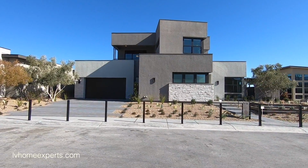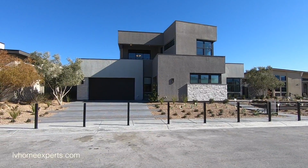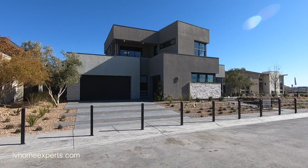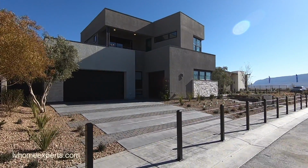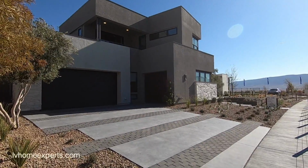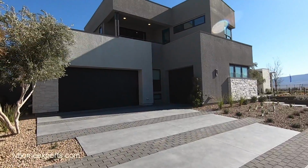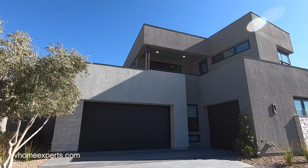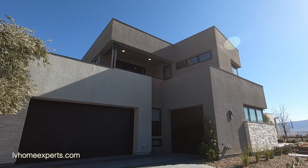So today we are here on the west side of the Las Vegas Valley in the master plan community called Summerlin. We are going to be touring a property by Pardee Homes. In Summerlin, we are located in a villa called Stonebridge. Stonebridge is one of the villas here in Summerlin, and it's the newest villa. The model that we're going to be touring today is plan number 3, and it is